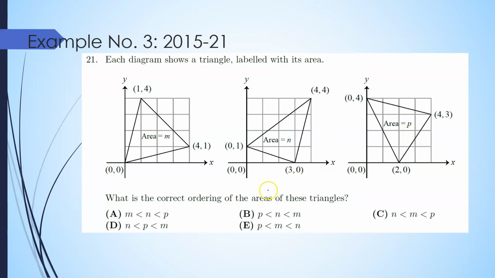So the question asks us to find the ordering of the areas of these triangles. For example, which one is the biggest triangle and which is the smallest? In order of size, let's find out which one has the biggest area. In order to find the area, we have several ways. The conventional way is to find the area of the